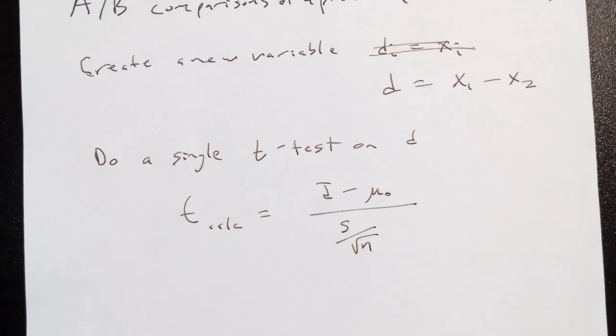Now, if I were going to do this by hand, this would be a lot of long calculation. I'd have to go through and make my new variable, and then I'd have to do all the t-test stuff we were doing before. I don't have to do any of this by hand because